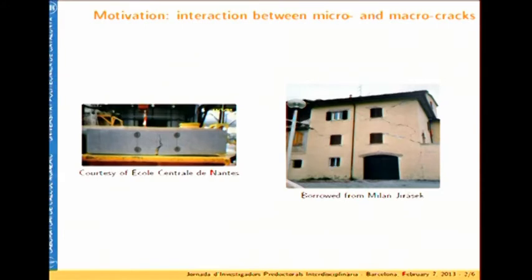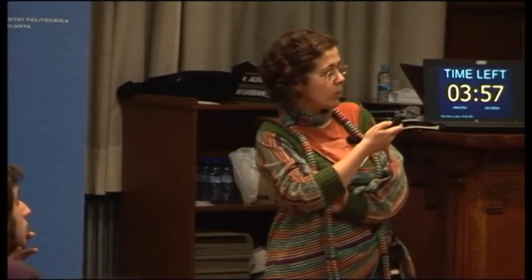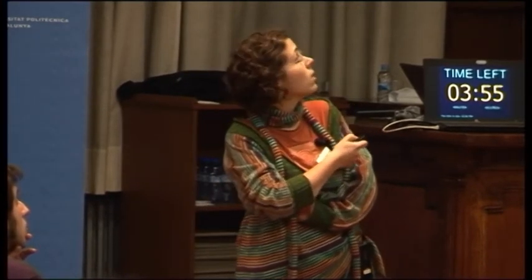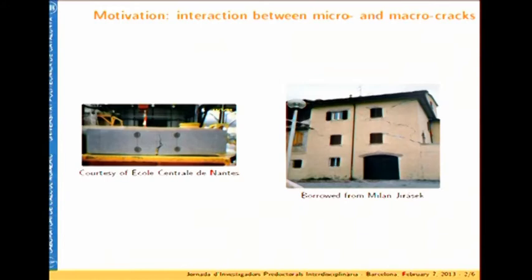So imagine that you have this beam, which is clamped here, and I apply some kind of force here on the top side. What we observe experimentally is that a zone starts to crack, but before we see this macroscopic crack, there is a zone which starts to be less stiff than it used to be. If we see this house, we see more or less the same. We have some kind of macro cracks, but